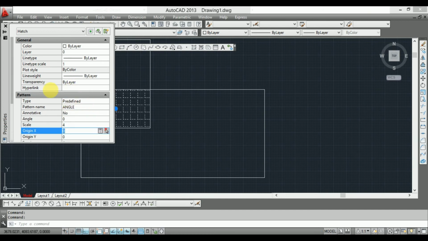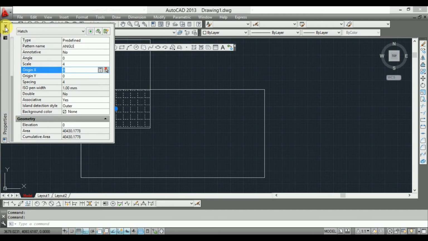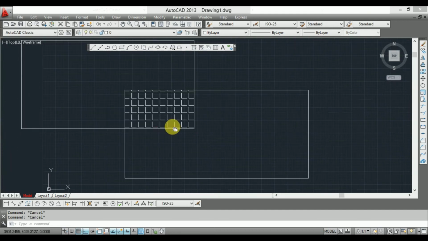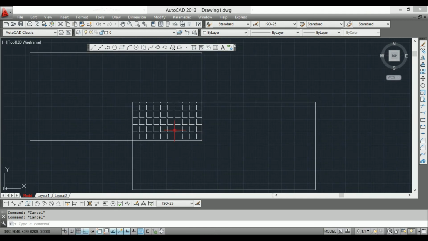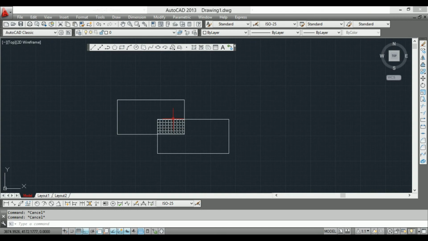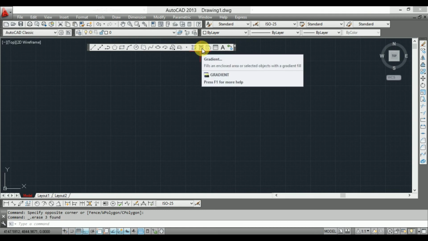I scaled this hatch to 5, so you can see the hatch is bigger compared to the previous one. So hatch is nothing but it defines a specific area of the geometry. This gradient is not used in any design.